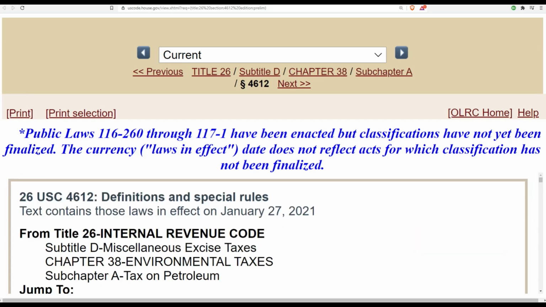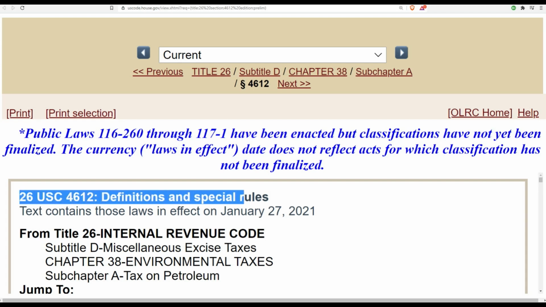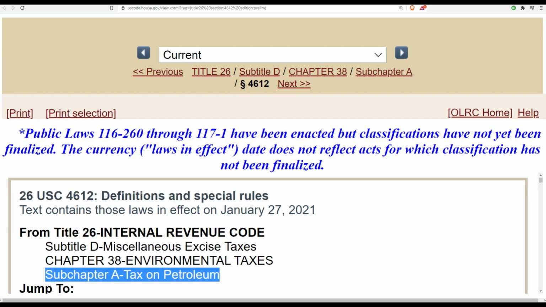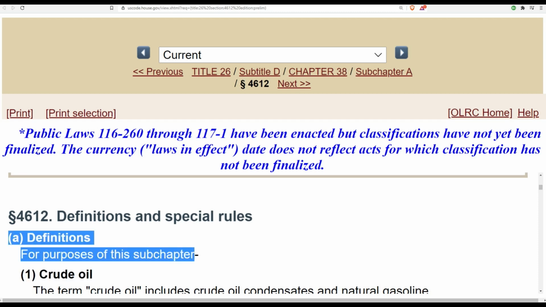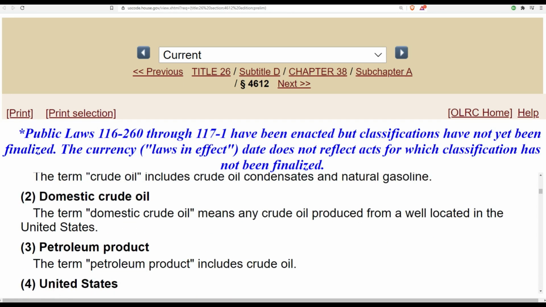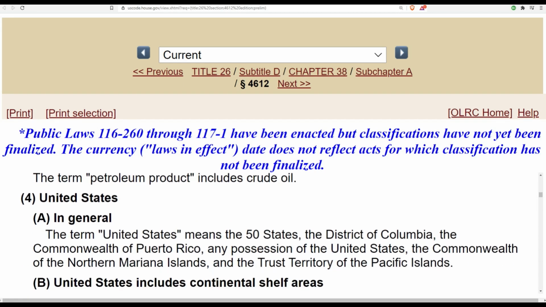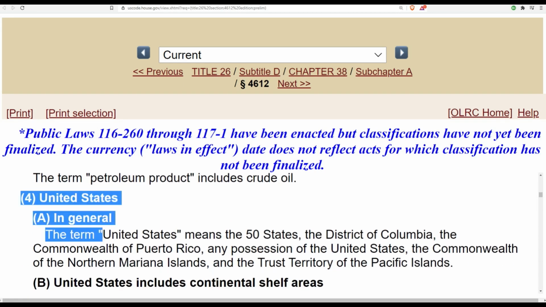Let's look up another section on oil. Okay, Section 4612, definitions and special rules for the chapter on tax on petroleum and oil. You scroll down and it tells you that for the purposes of this subchapter only, let's go down, look at that. The term United States means the 50 states.